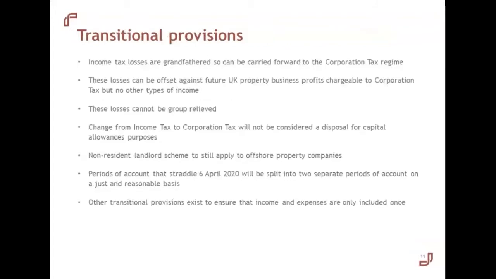And this is just some of the transitional points that I wanted to cover, because you will be able to grandfather your income tax losses, so they should not be lost, but they will only be able to be used against the UK property business under corporation tax, so no other types of income. And you won't be able to group relieve those losses. Changing from income tax to corporation tax is not a disposal for capital allowances, so they should just continue. And the non-resident landlord scheme, in terms of whether you receive income gross or net, will still continue for offshore